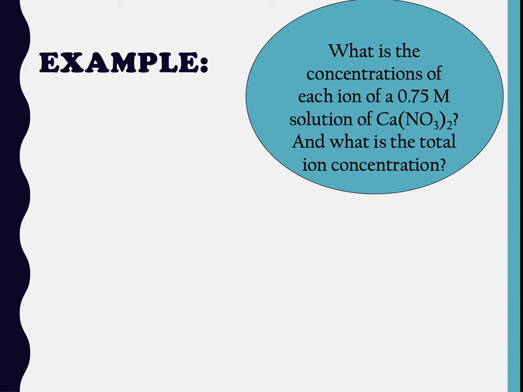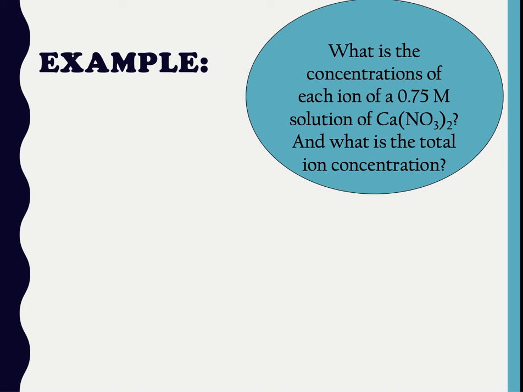So let's look at an example here. What is the concentration of each ion? So there's the verbiage that we're looking for to know what we're doing here. Of a 0.75 molar solution of calcium nitrate. And what is the total ion concentration? Okay, so the fact that I need ion concentration lets me know that I need to write the dissociation equation. So I need to take calcium nitrate, and it needs to split up into its ions. So you're going to be using your pink sheet,